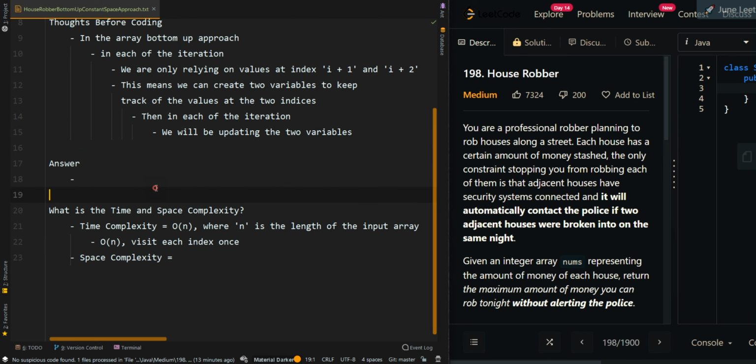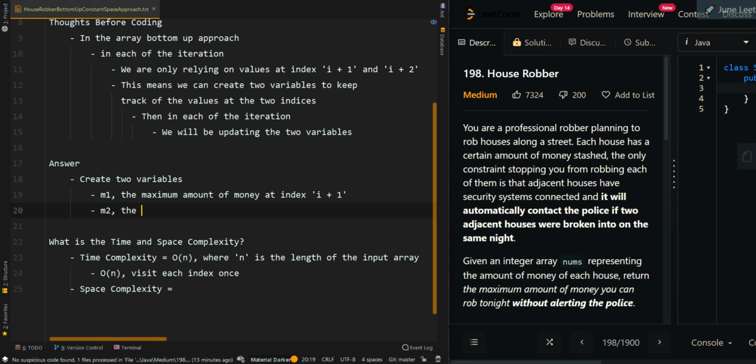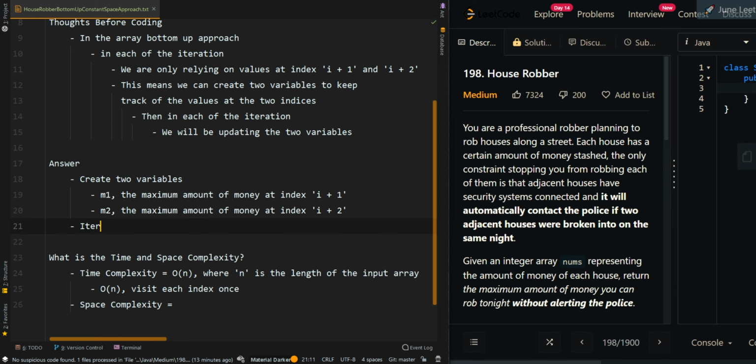Let's go over the pseudocode. So we're going to create two variables. The first one is M1, the maximum amount of money at index I plus 1, initially 0, and M2 is the maximum amount of money at index I plus 2, initially 0. Then we're going to iterate through the indices of the input array,